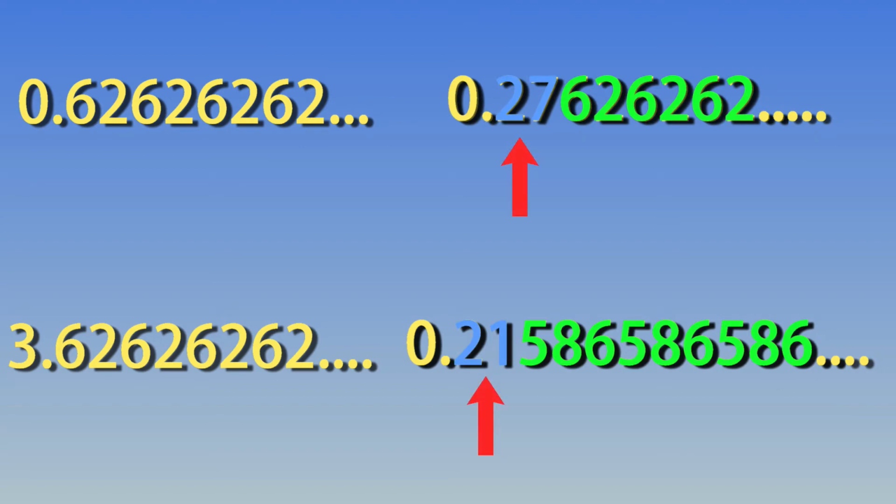There are two types of these numbers. Firstly, where the numbers start repeating immediately after the decimal point, as you can see in these two numbers. And then, as you can see in these two other numbers, where there are some non-recurring numbers between the decimal point and the recurring decimals themselves. There are two slightly different methods for converting these two types of numbers to fractions, and we'll be looking at both methods. So let's take the first example, 0.62 recurring.